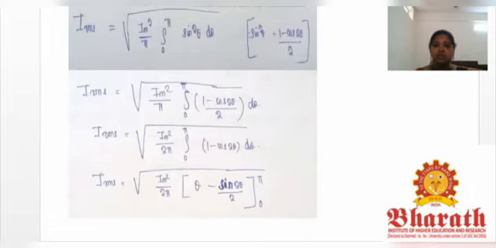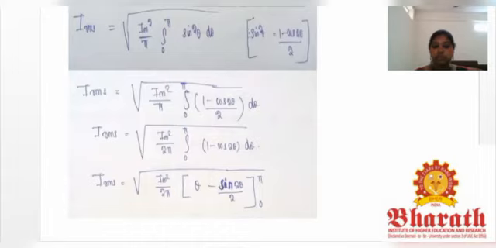So again this 2 will become constant, so I am taking it out. So, root of Im square divided by 2 pi, integral of 0 to pi, 1 minus cos 2 theta d theta. So Irms is equal to root of Im square divided by 2 pi into, okay, when you integrate this one, you will be getting theta. Same way, when you integrate cos 2 theta, you will be getting sin 2 theta divided by 2.